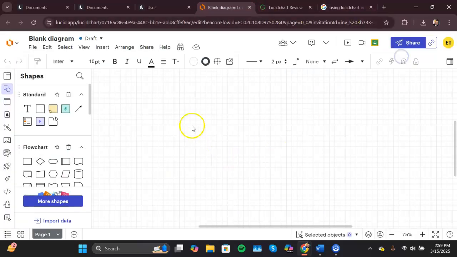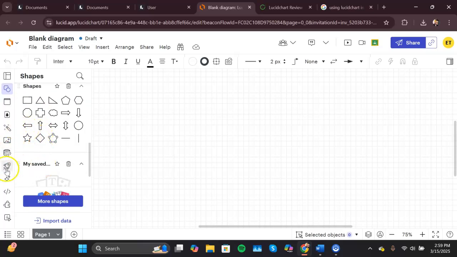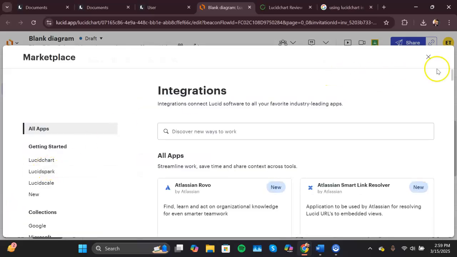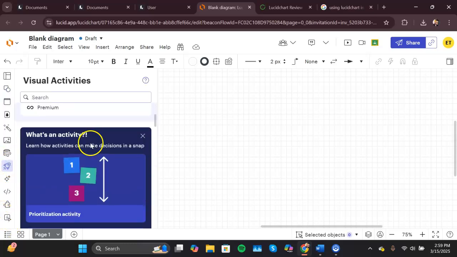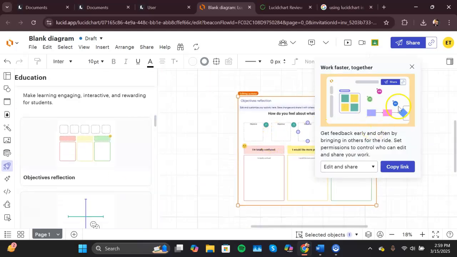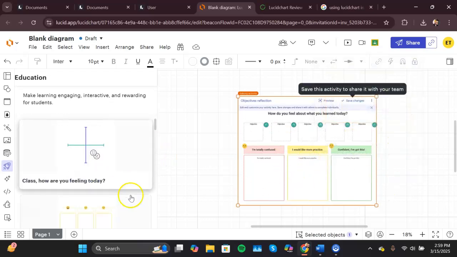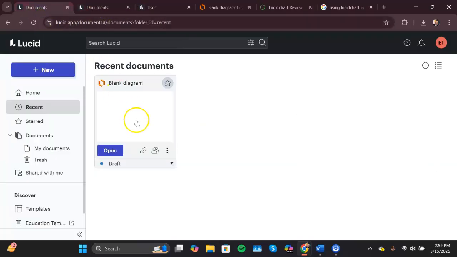So this right here, I've got a blank diagram, completely empty. Got a couple different options for things I can drop in there. They also have very useful templates. Stuff like prepare visual activities, team building, education. Can add in some basic templates for objective reflection. If I go back to my documents here,